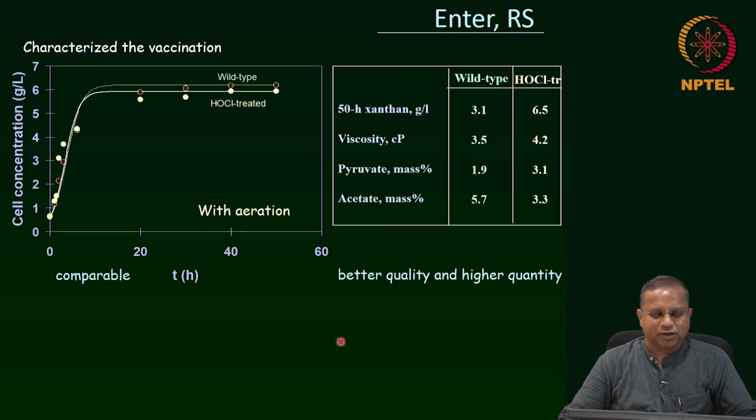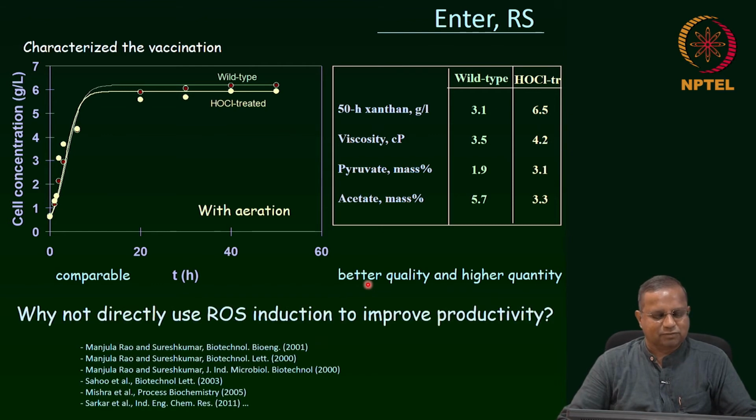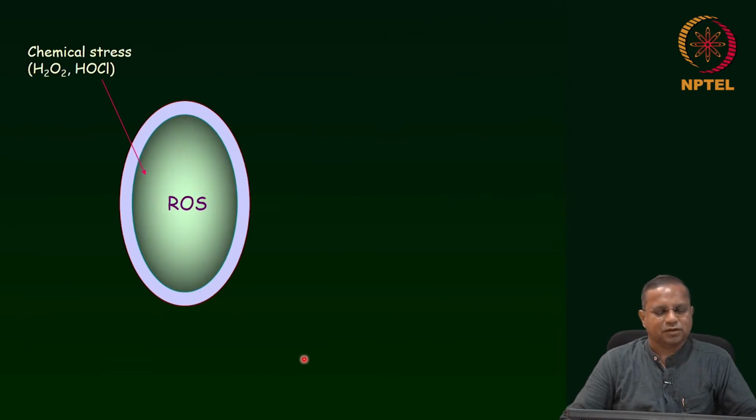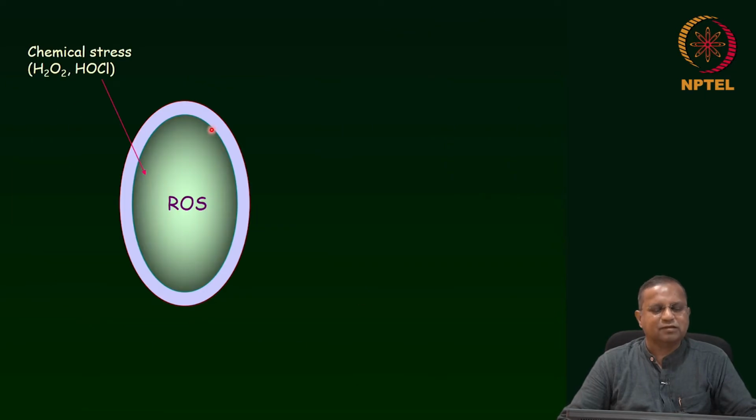So, this is what I mentioned, that I will not get into in great detail, that our whole direction changed when we started looking at reactive species, and we showed that to work in very many different systems and so on. Today's paper is on this aspect. Okay. We were looking at chemical stresses to this cell, such as hydrogen peroxide addition as a part of LPOS, HOCl addition to induce reactive species in the cell, and so on and so forth, which I have not discussed much in this course. So, when you add these, something happens.